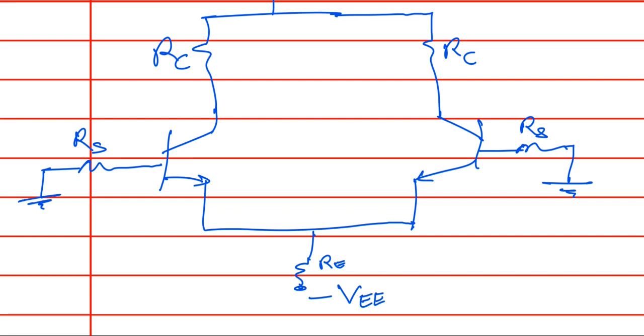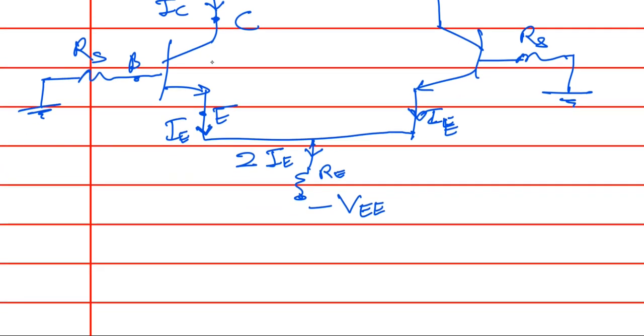Okay. Now mark the terminals of the transistor. So here is the collector terminal, here is the emitter terminal, here is the base terminal. Now through the collector terminal, the current will be the collector current IC. I have denoted current by a capital letter, that means it denotes the DC current. Then here is the emitter current IE, and this IE is coming here. So what will be the current through this emitter resistance? IE plus IE, that means 2 times the emitter current. And here is the base current IB.